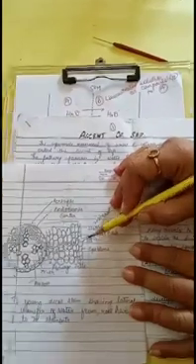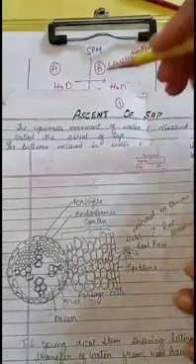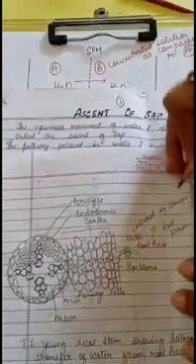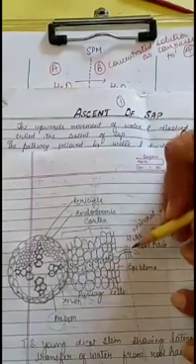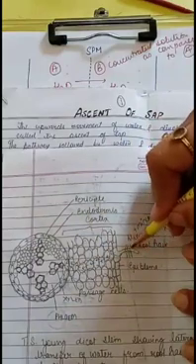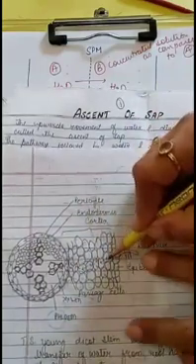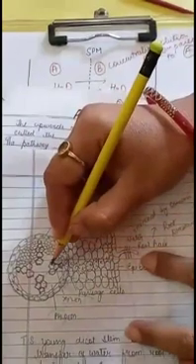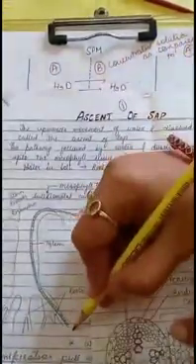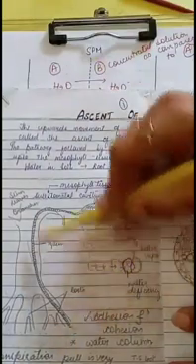These root hairs are in close proximity with the soil. Water enters these root hairs by the process of osmosis and root pressure, which is created because of the transpiration pull. Once this water is absorbed, it moves from one cell to the next and to the xylem vessels, and these xylem vessels are here. They are from root to leaf. In this way, this transpiration pull pulls the water from roots to the leaves.